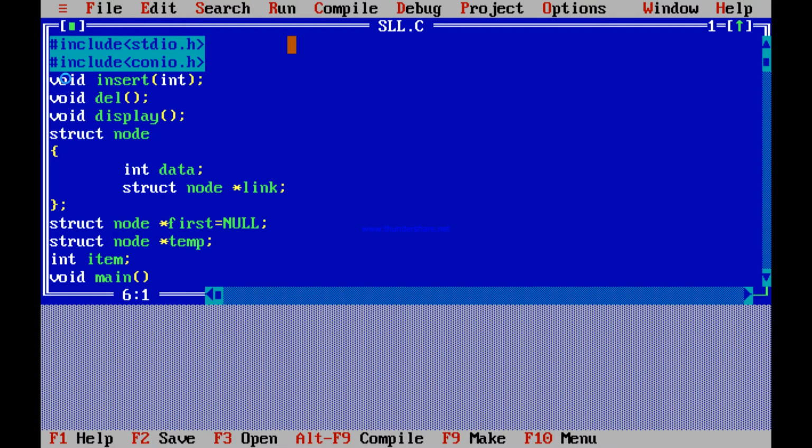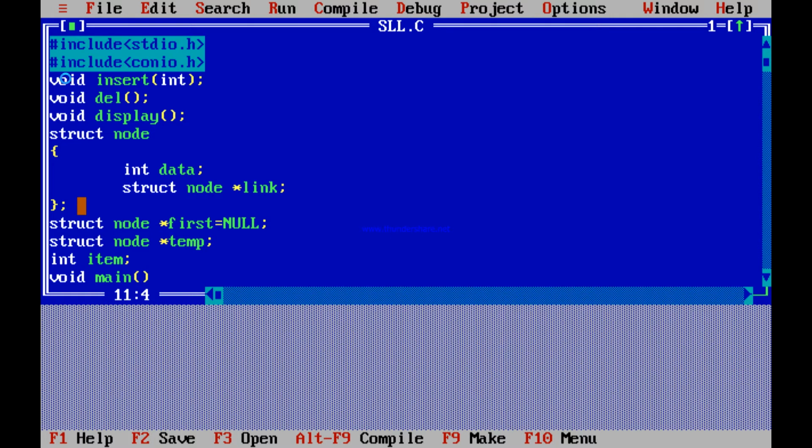Now you can see here it is a struct node. Struct node means we are going to create a node. First of all, you should know that in single linked list there are two basic fields. The first field is data and the second field is the link to the next node. So we are going to create a node using the struct keyword. In that we write int data, so data will be integer, and struct node star link means we are creating a link for the next node. Now we terminate this struct node. So here we have created our node.